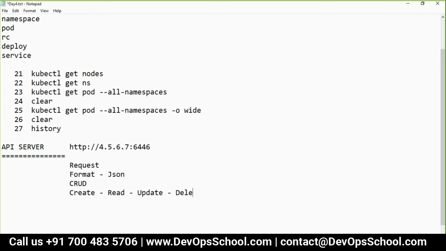If you put it in verb words, create may be put and post. Read means get. Update means post; put can also be used in some scenarios, to be honest. And then delete. Are you okay with it so far?